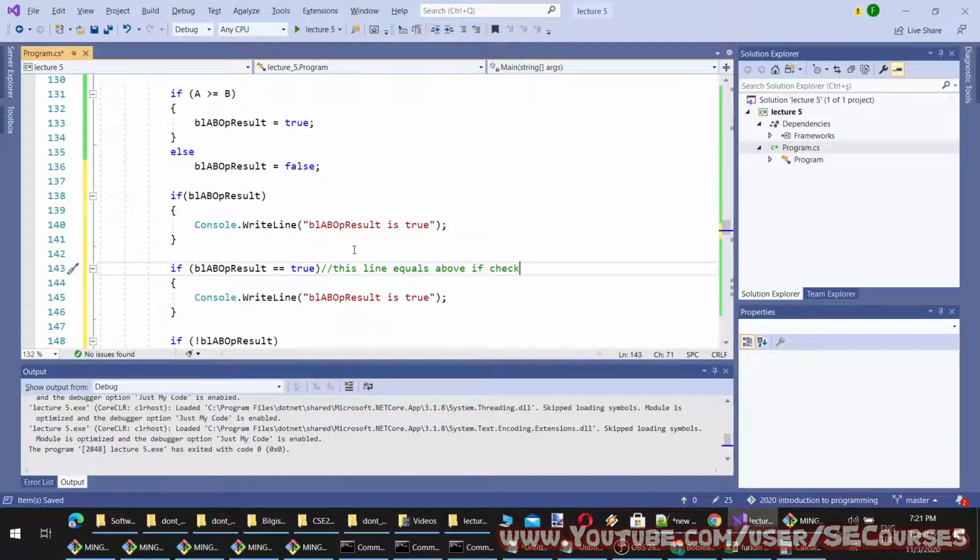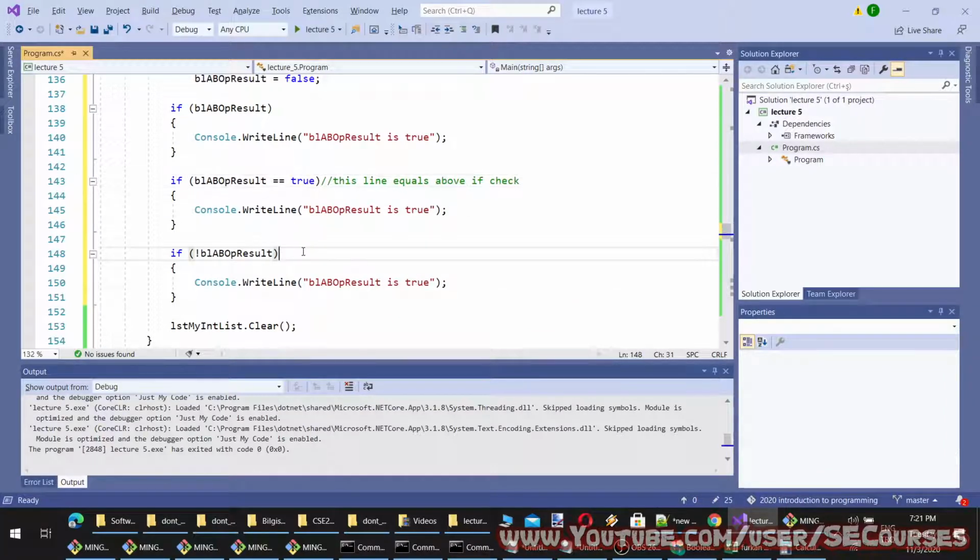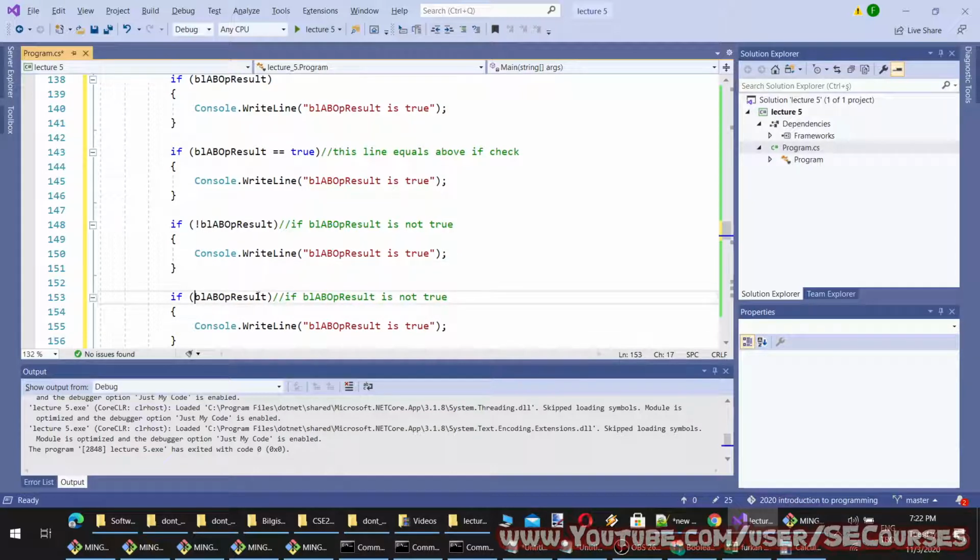Okay, these are the same. Okay, so I am showing again.